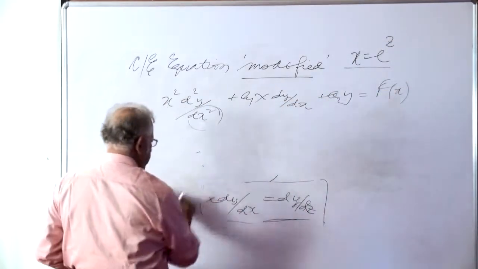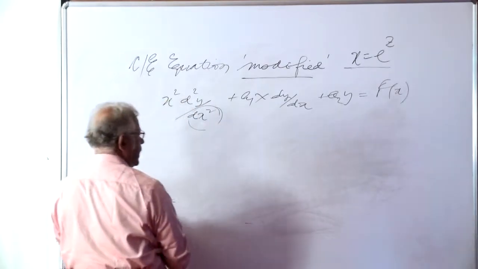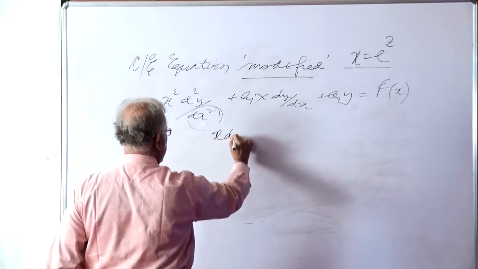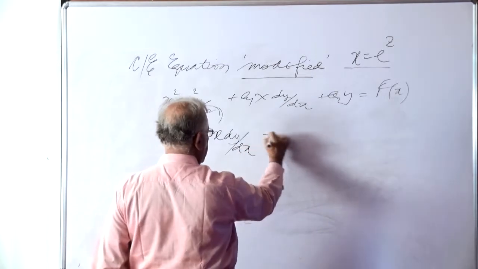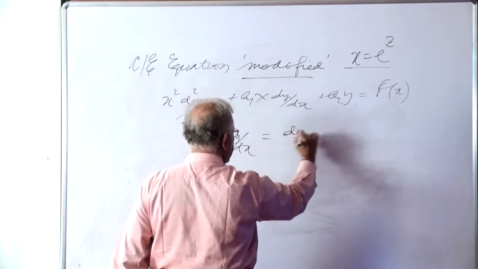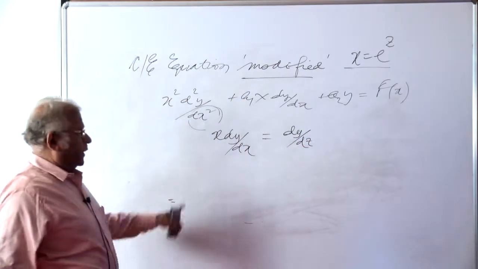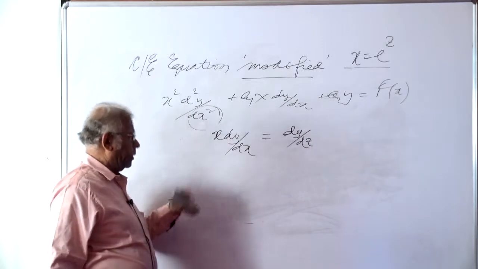And then write this a little on top so that we have space for differentiation. So, we just now got x dy dx is equal to dy dz. We differentiate both sides of this once again with respect to x, and then we write